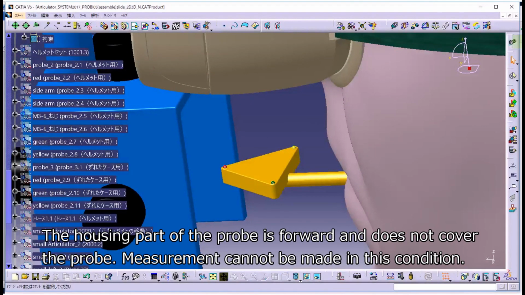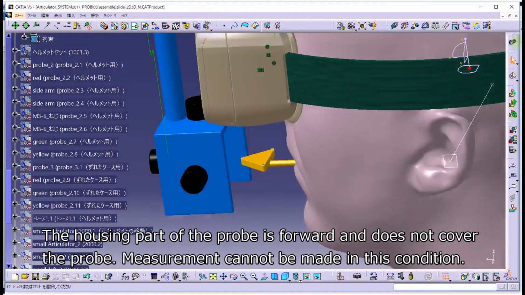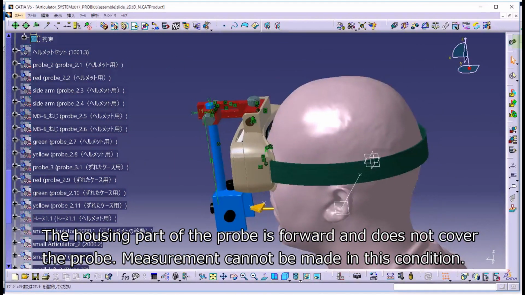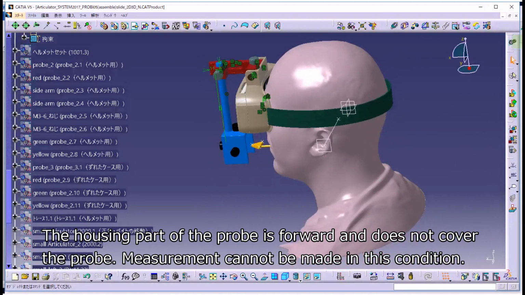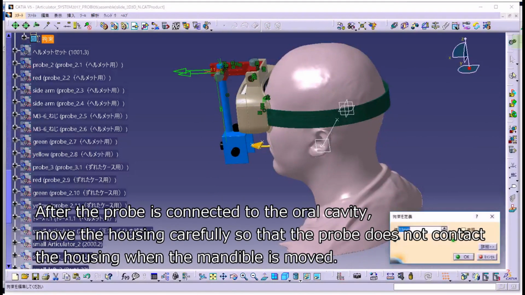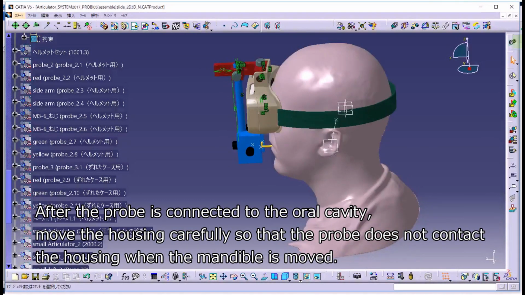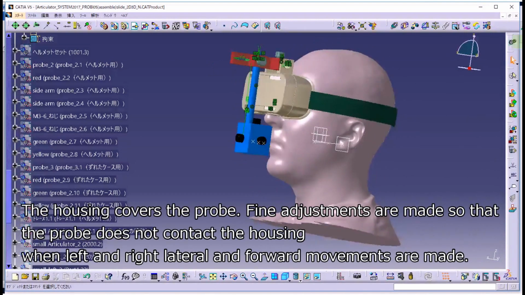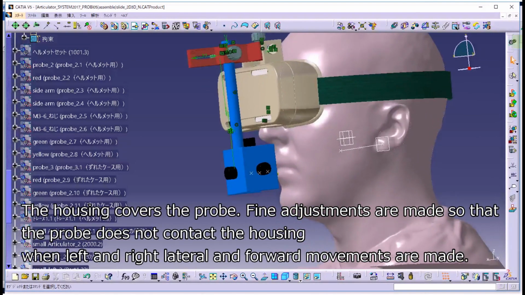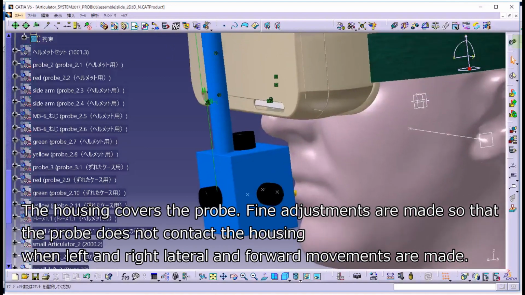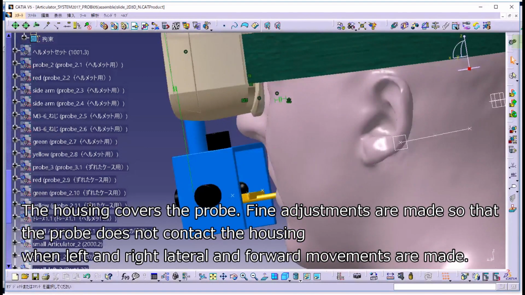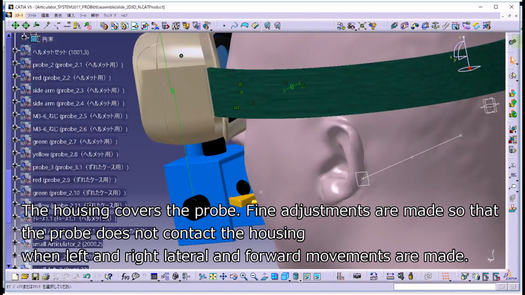The housing part of the probe is forward and does not cover the probe. Measurement cannot be made in this condition. After the probe is connected to the oral cavity, move the housing carefully so that the probe does not contact the housing when the mandible is moved. The housing covers the probe. Fine adjustments are made so that the probe does not contact the housing when left and right lateral and forward